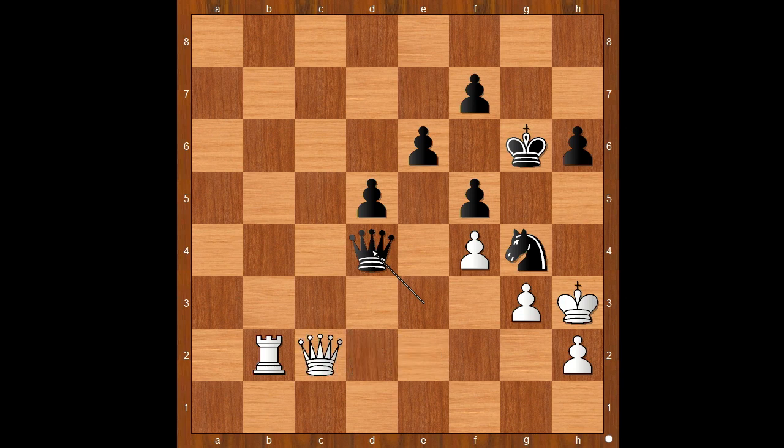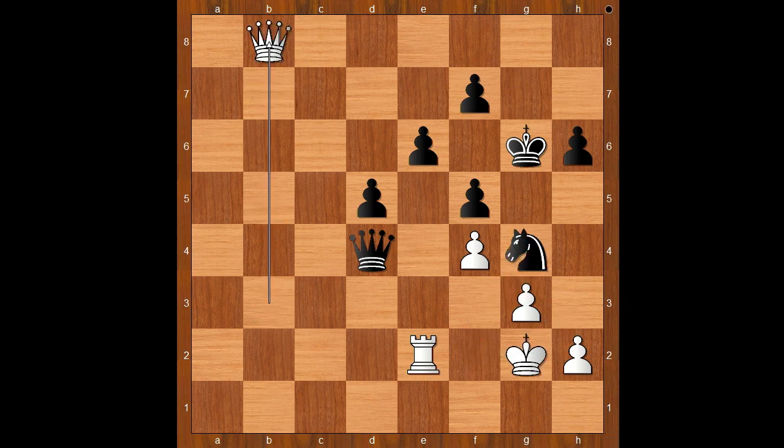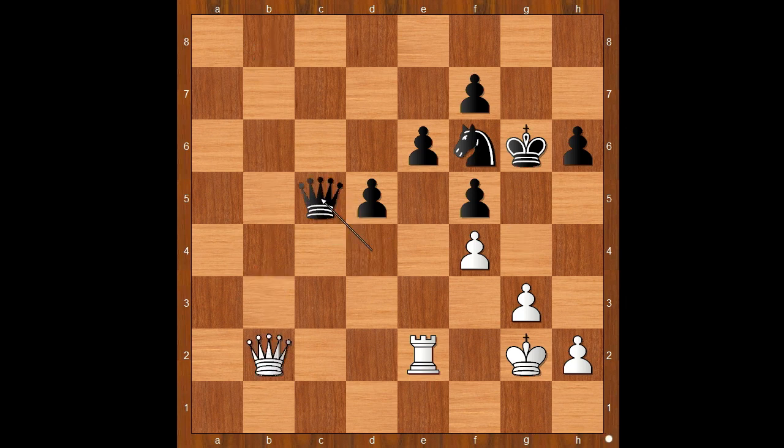The game continued. Queen to c2, knight to e3, queen to b3, knight to d1, rook to e2, knight to f2, check, king to g2, knight to g4, queen to b8, knight to f6, queen to b2, queen to c5, rook to c2, queen to e3, rook to e2, queen to a7, queen to a2, queen to c5,